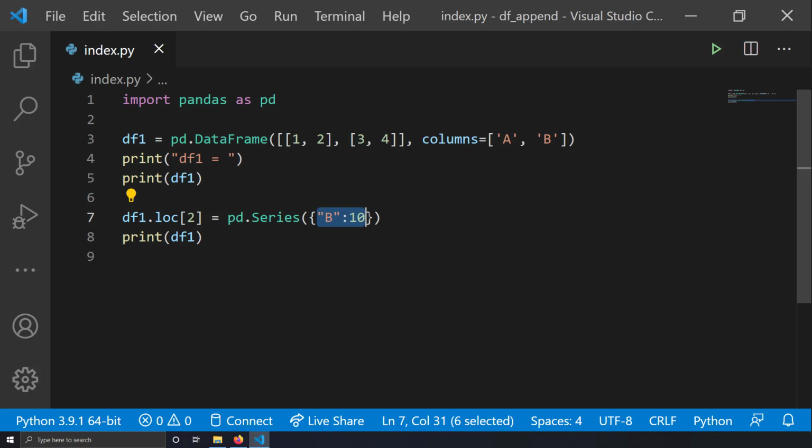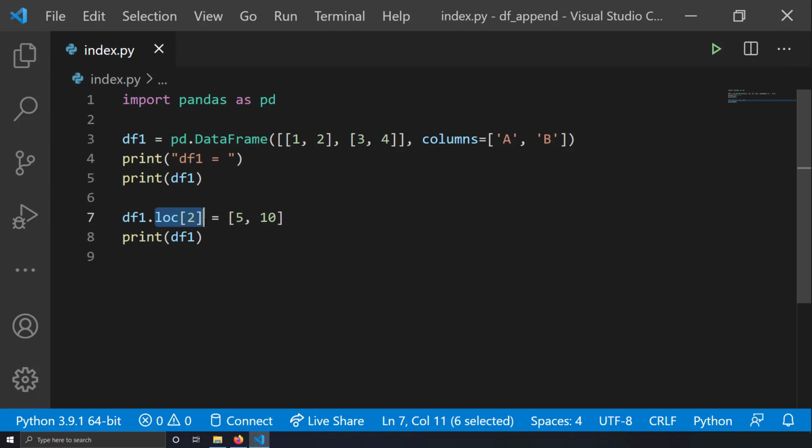You don't need to mention the column order, or you don't need to mention null values for the other columns. So this is really powerful, guys. While creating a new row, you can use a pandas Series to give new data. And okay, if you have, like in my example, very few columns and you can assign values, then you can use the plain old array style.